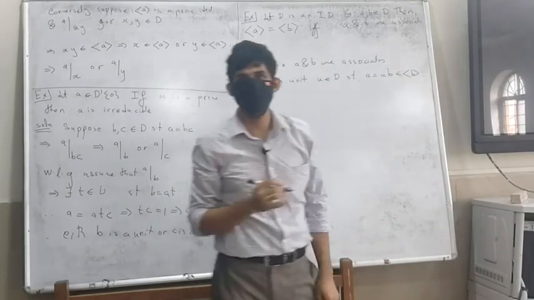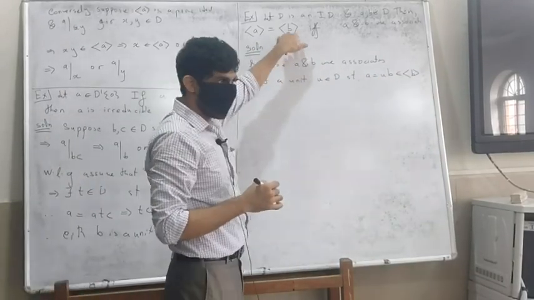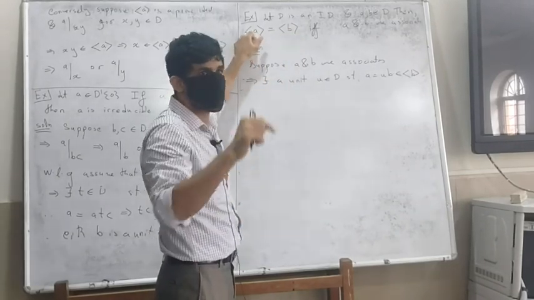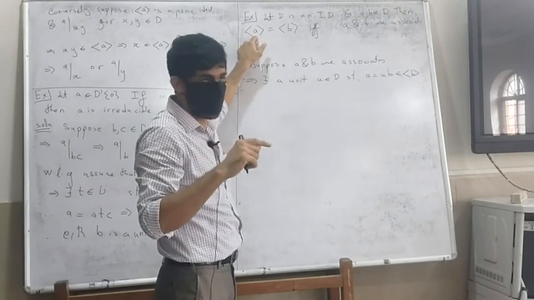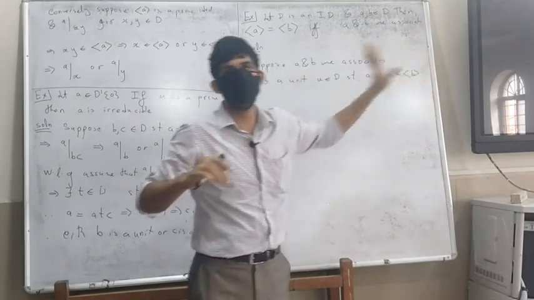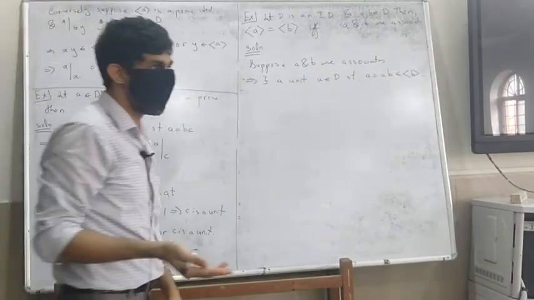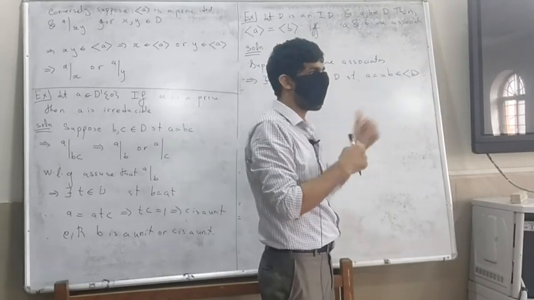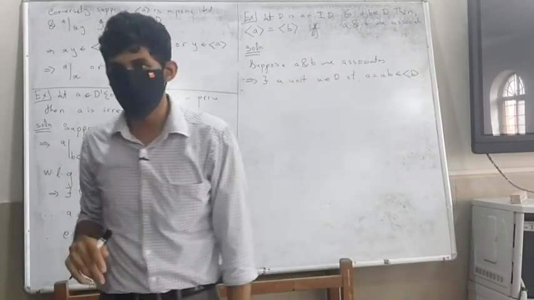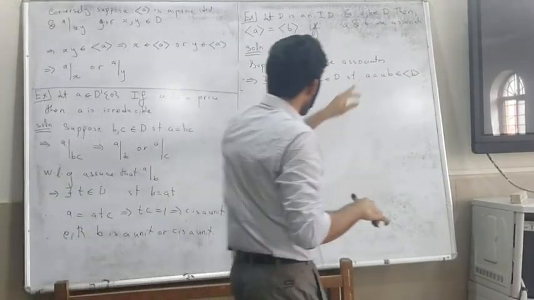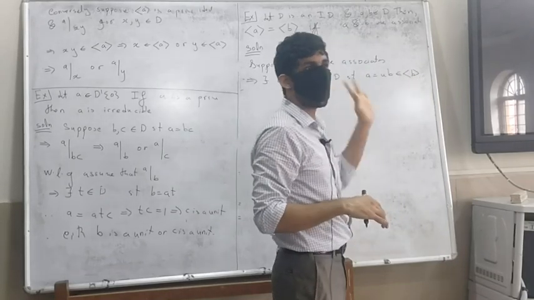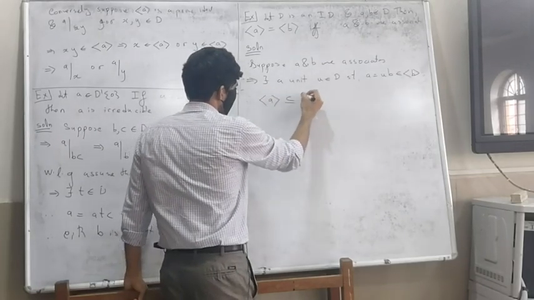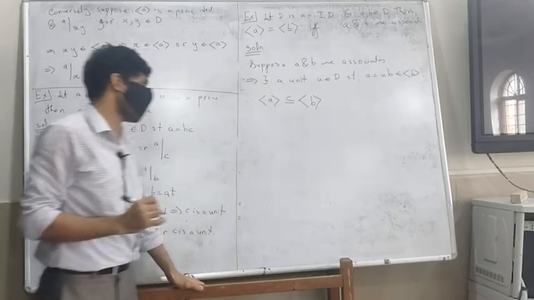A is going to be in that, right? But if the generator is in this, the entire ideal should also be there. Why? What are elements over here? They look like T times A, right? But if A is already in that, any T times A will also fall in that. That's an ideal. What's an ideal? If you have an element in the set and any element outside, then the product is back in the ideal. That's the second condition of an ideal. So if A is in B, then the entire ideal should also be in B, and I expect that you will prove that on your own, because we will require this fact very often.